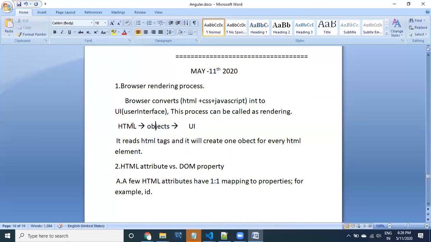After reading the HTML into objects, from these objects the UI is going to be displayed. So after receiving HTML code from the server, the browser will convert it into objects, and from objects it is going to convert to UI. Fine, guys.